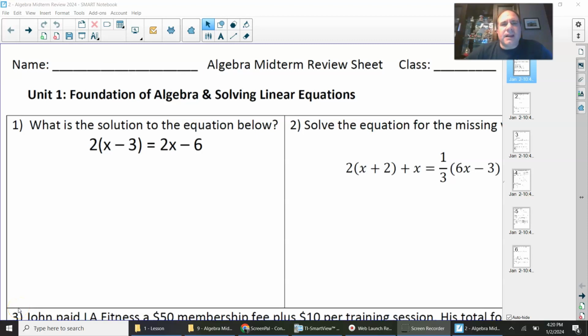Hello everyone, this is the Algebra Midterm Review Sheet, and we're going to get started with question number 1. What is the solution to the equation below? Just remember,